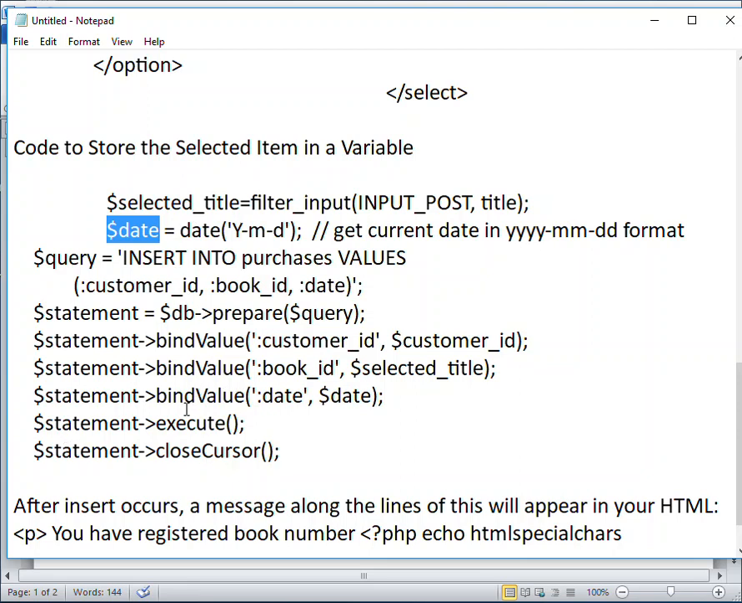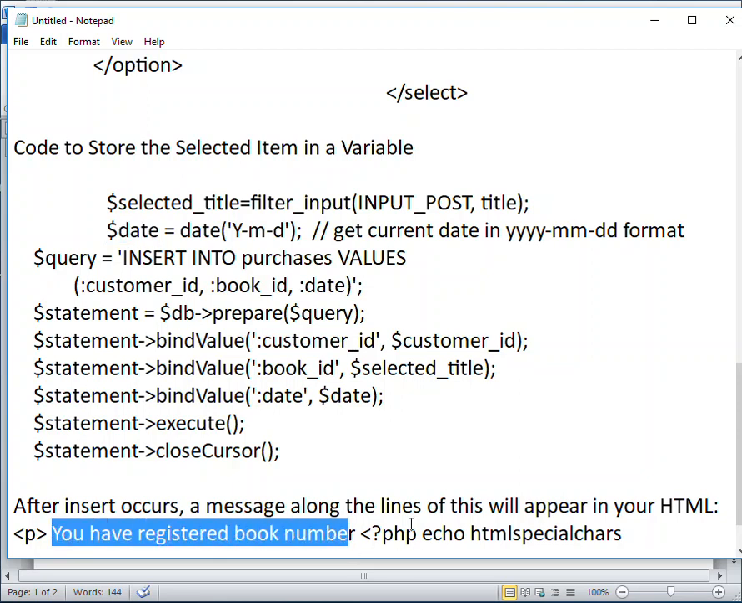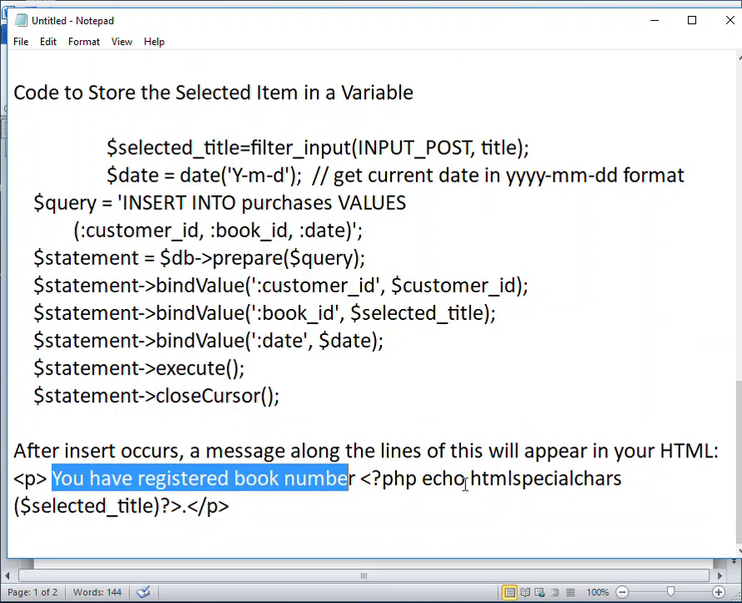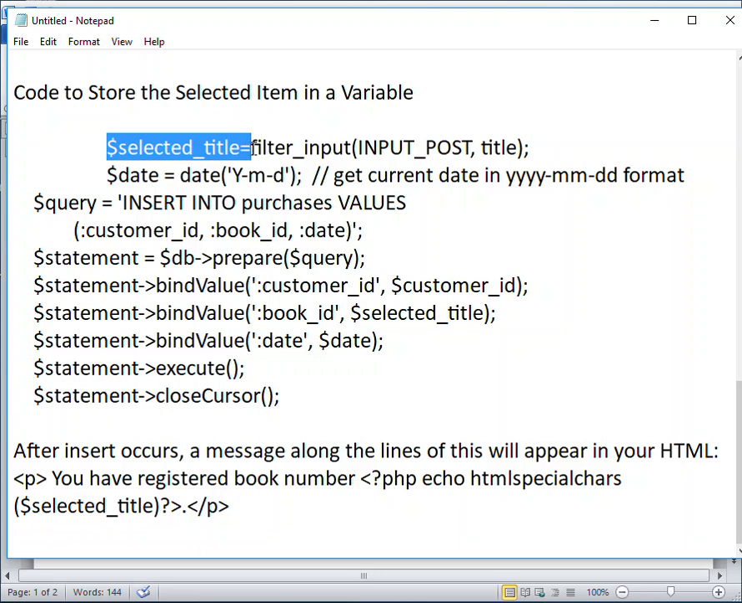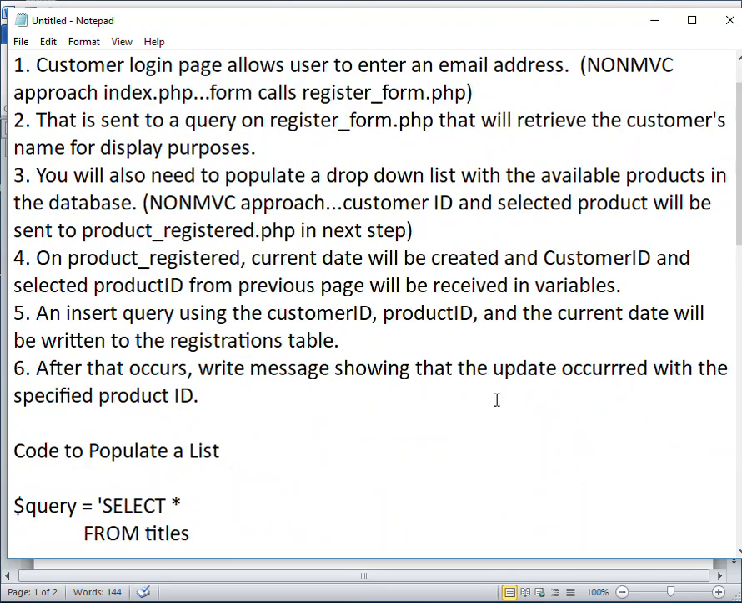It closes the cursor, and then the last step you have to do, because you already know what product ID you have, you can just write a line of HTML that says you have registered book number, and then you'll echo out your HTML special chars of the selected title. In other words, whatever they selected up here, you're just going to echo that back out to let them know that the update happened. So again, to review, what happens is the user